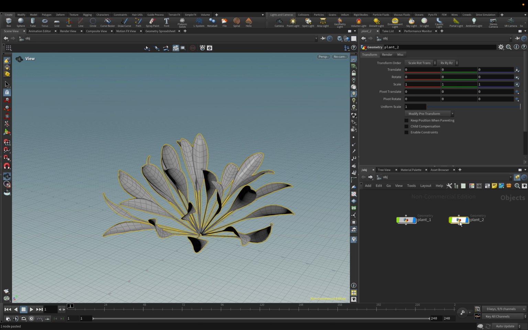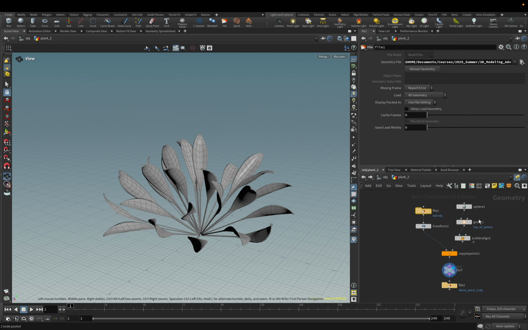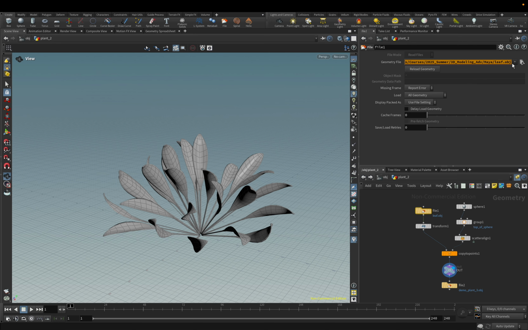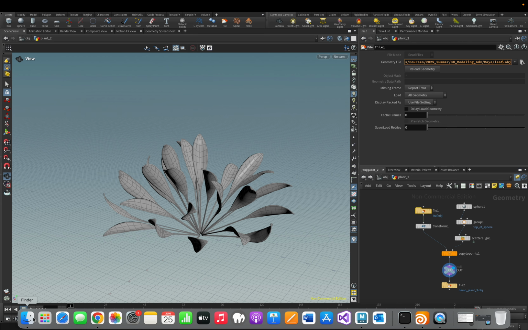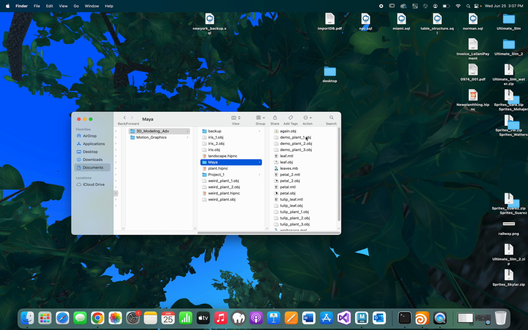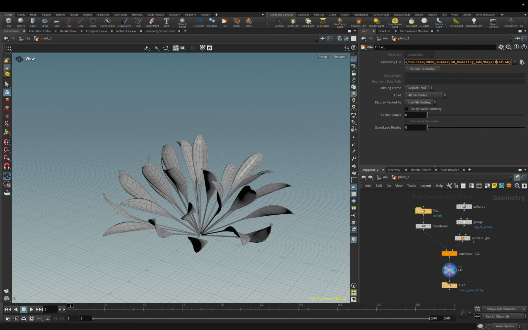They look absolutely the same, but if I jump into plant 2 here, since I already have this node network, I'm just copying the entire node network and creating another version of it. So under this file 1 leaf object, instead of reading leaf 1, I'm going to double click here. Let me look at what it's called in my folder, Maya, and I think I exported it as tulip leaf. So back to Houdini, and let's just type in tulip leaf underscore leaf. There we are, tulip leaf,